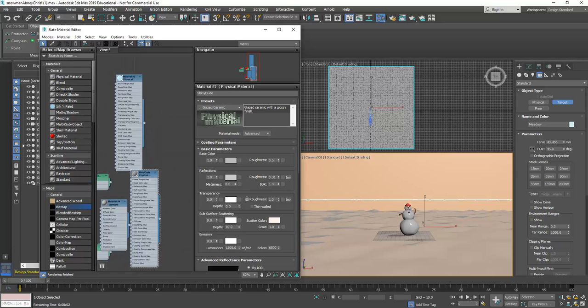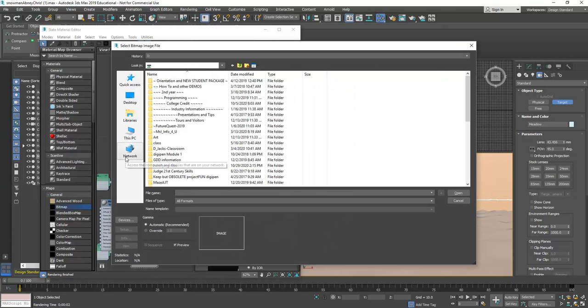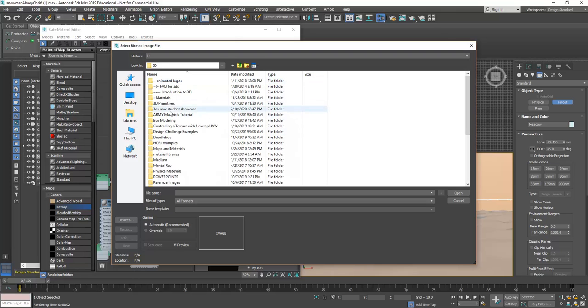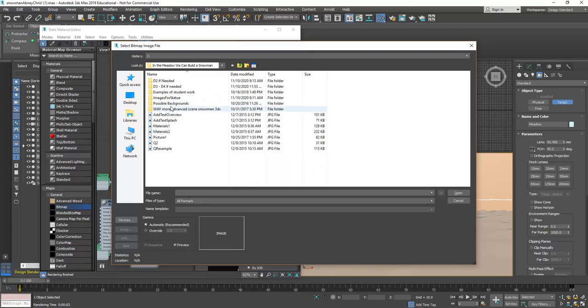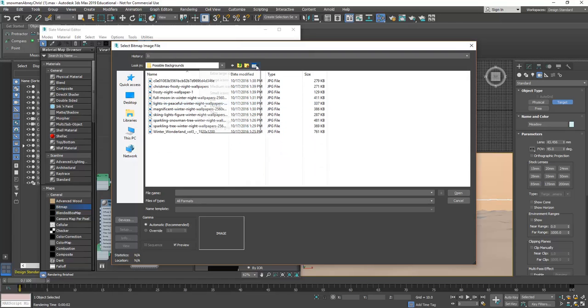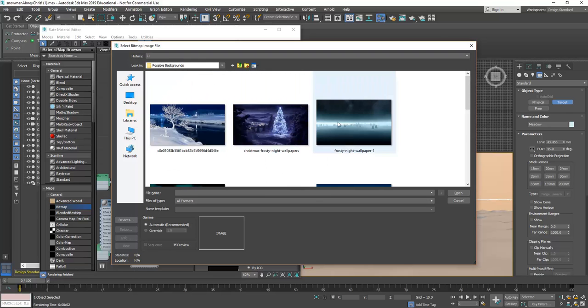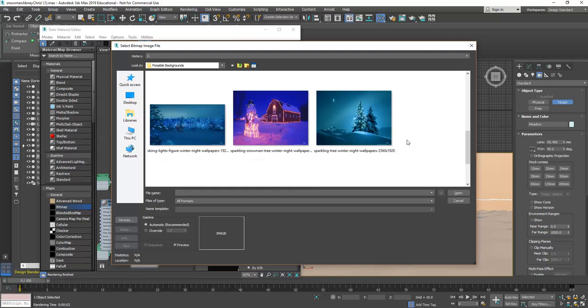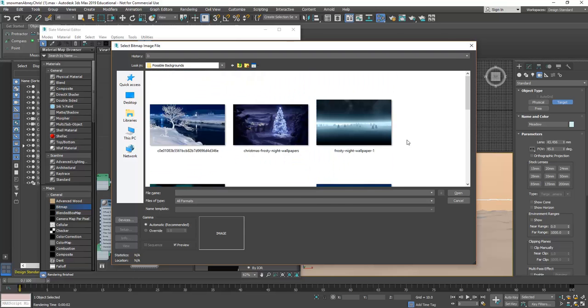If I bring in a bitmap node, it'll ask me, bitmap, which bitmap? I'm going to go to the spot where I keep all of the things for this particular project. For example, in the Meadow is a design challenge. So if I go into the design challenge examples, in the Meadow we can build a snowman. You'll find I've got possible background images that if you view them as extra large icons, you could use any one of these, or you could find your own. I'm going to grab this Frosty Night wallpaper, click on Open,